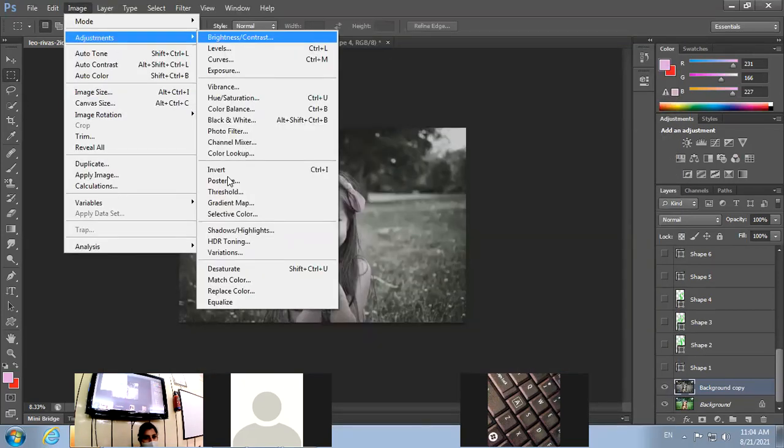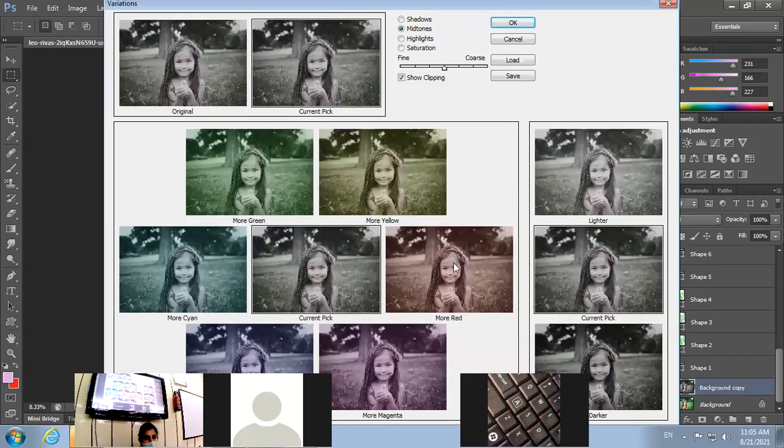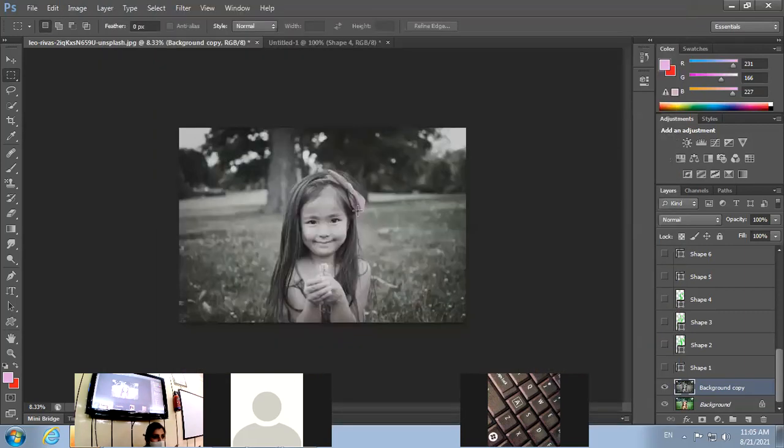Again, go to the variations. If you want to depict it in more red, all colors are available. Whichever color you want to make suitable, you can choose that thumbnail accordingly, right? So these are the variations of the images that are available. Now look, this was a colorful image, and we turned it into black and white. So any doubt till now?